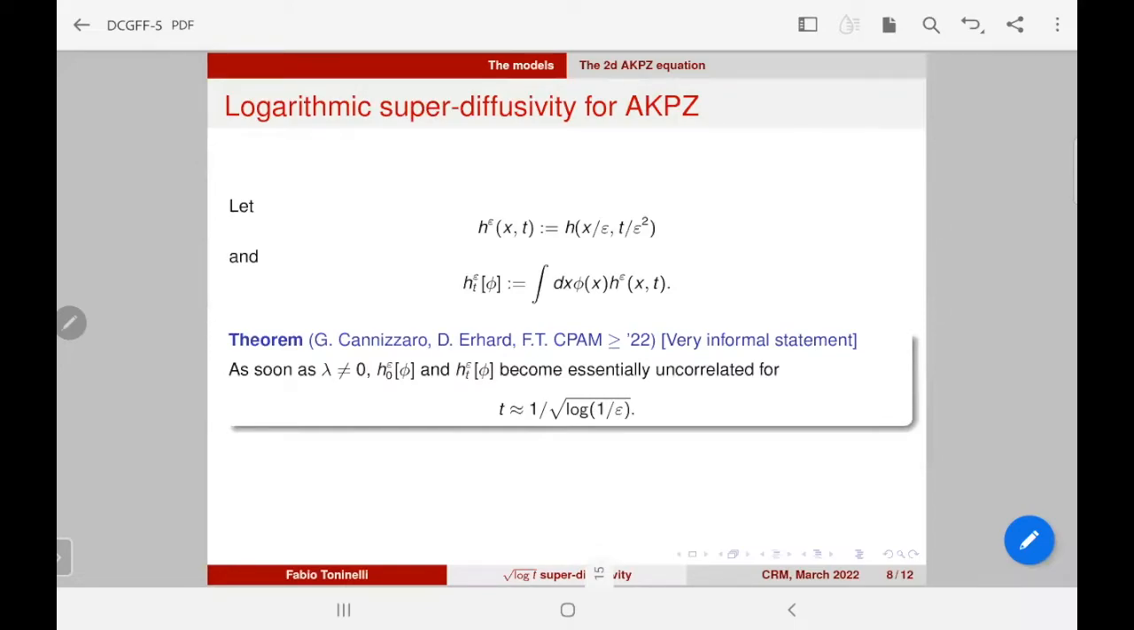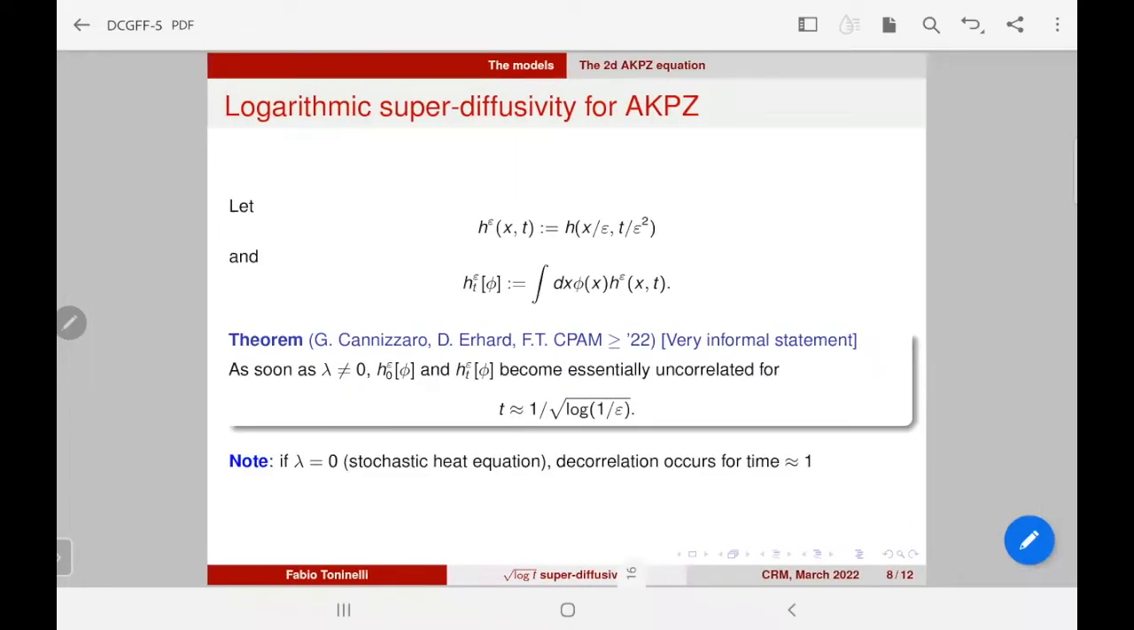So this H epsilon at time 0 and H epsilon at time t are essentially uncorrelated as soon as time is of order of 1 over square root of log of 1 over epsilon. This goes to 0 as epsilon goes to 0. So it means that once you put the nonlinearity,